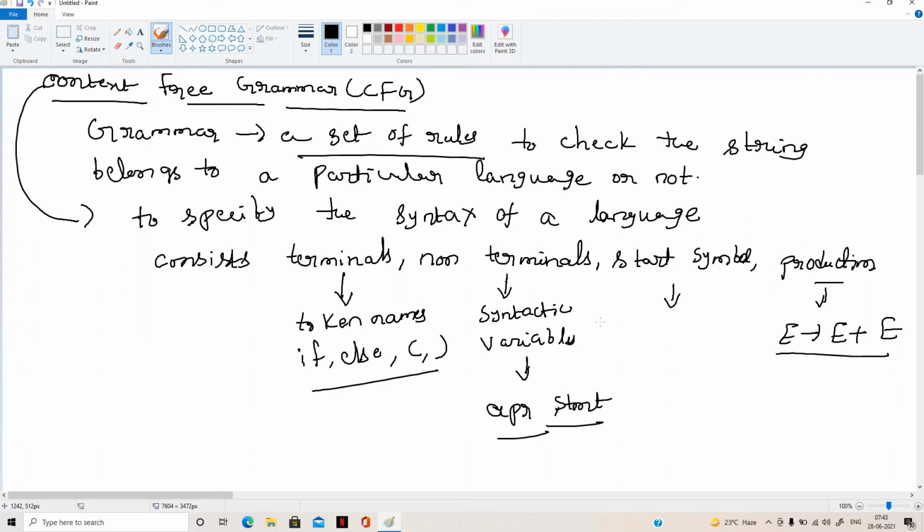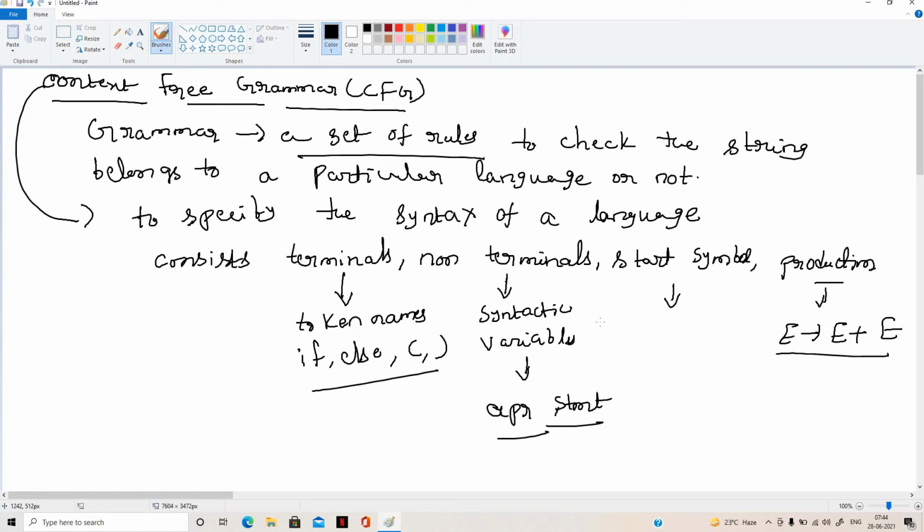So this is the general formal definition of the context-free grammar: it is used to specify the syntax of a language, and it consists of terminals, non-terminals, a start symbol, and productions.